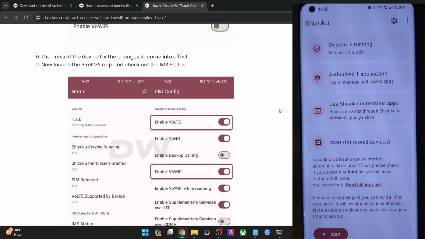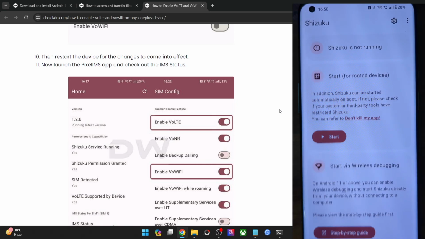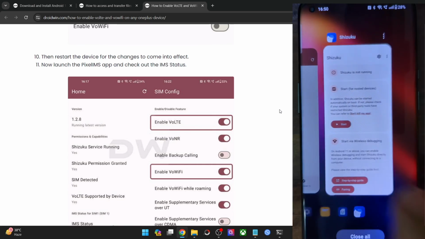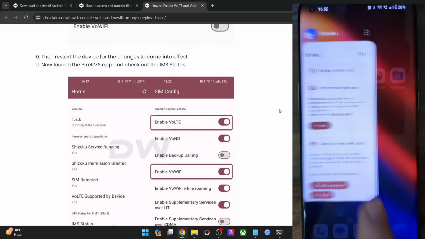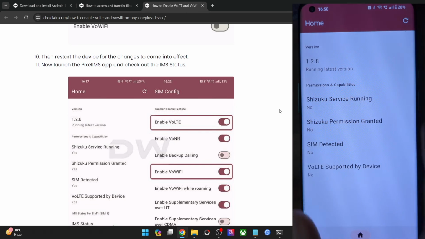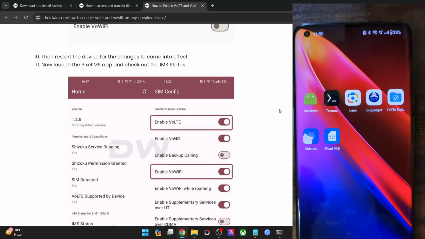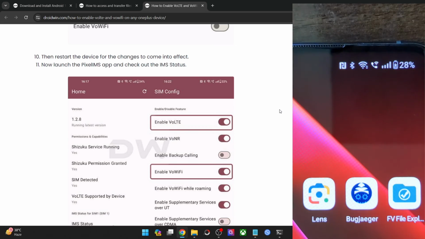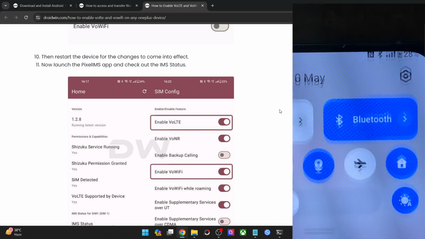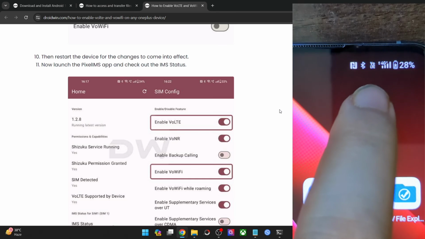Once you have done the setup, you may then close the Shizuku app. Let me show you. Let's stop the Shizuku app now, and it is no longer required. And currently Shizuku is not running. Let me now relaunch the Pixel IMS app and show you. So even if you are getting no here, that is not a cause of concern, because our task is now done, and we are still getting the voice over Wi-Fi icon, as you could see. Likewise, we are also getting the voice over LTE. Let me show you that as well. It will take just a few seconds to appear, and this is the voice over LTE, as you could see.